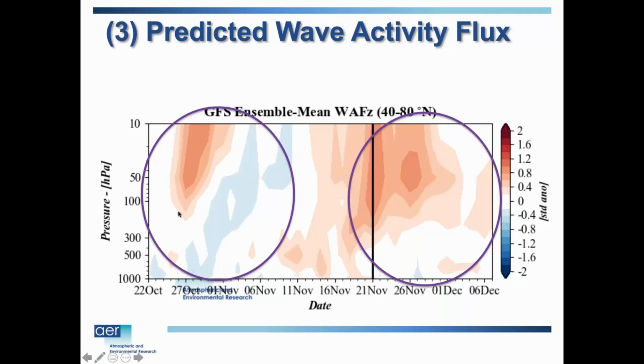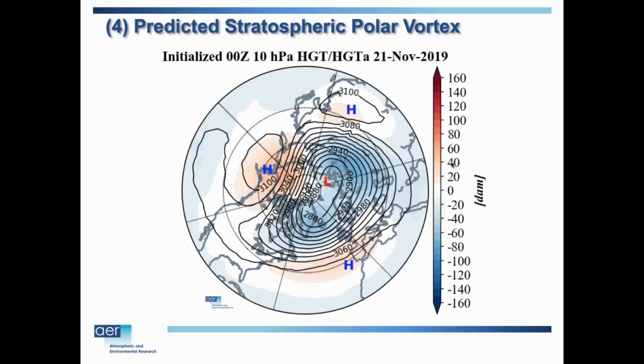I think one way you can characterize it in the heat flux is that you get this striation, right? You get the upward heat flux and then a downward heat flux, and it kind of reflects off the polar vortex. So you get these red and blue striations in the wave activity flux. You see none of that in the predicted heat flux that's coming up. So this looks to be more of an absorptive event. That's a bigger event, and it obviously matches those plots that I showed with cluster 5.